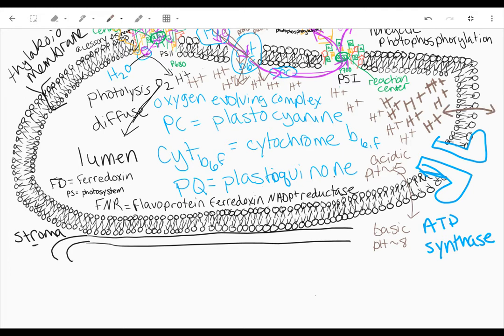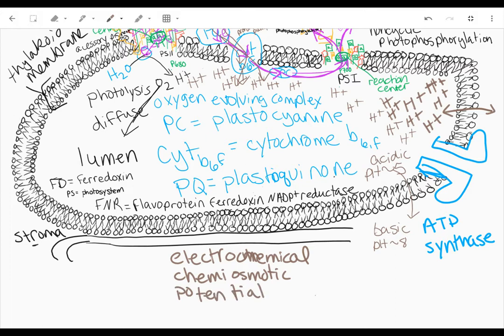And we've built what's called an electrochemical, chemiosmotic potential gradient. That's all to say we've got a bunch of protons on one side and not so many on the other side, okay? So the difference in charge across that membrane, just like with any battery, we're going to use to